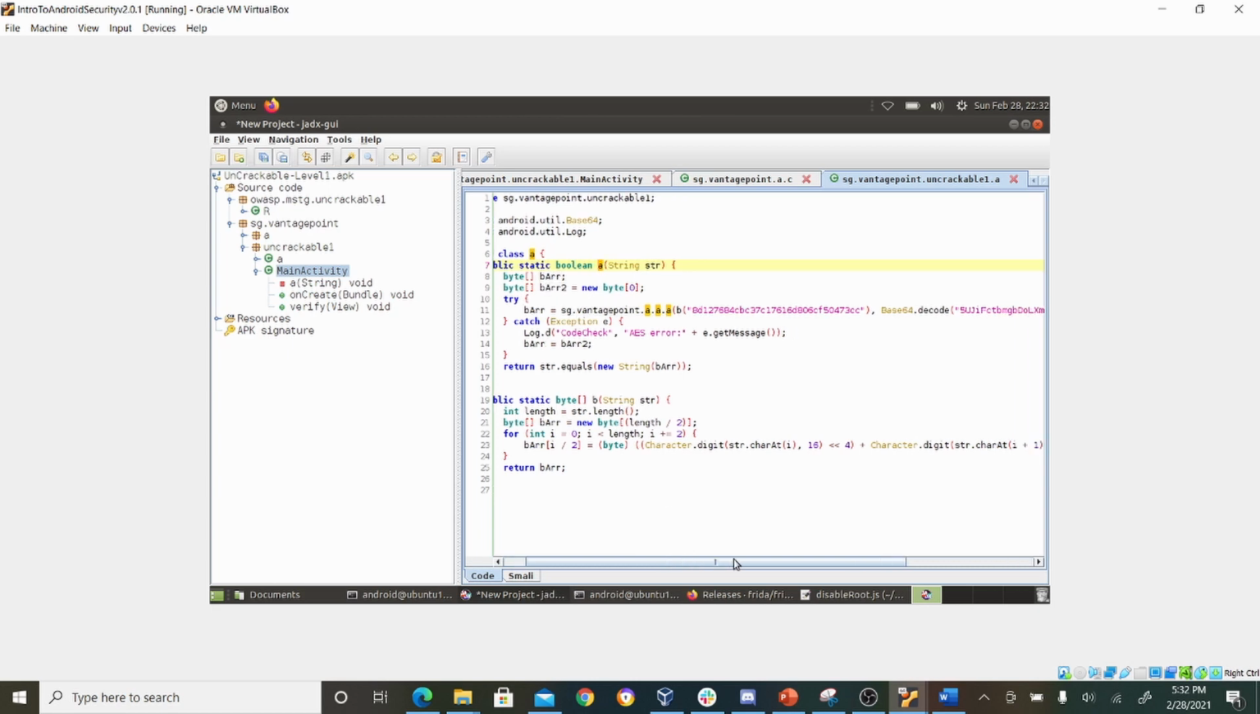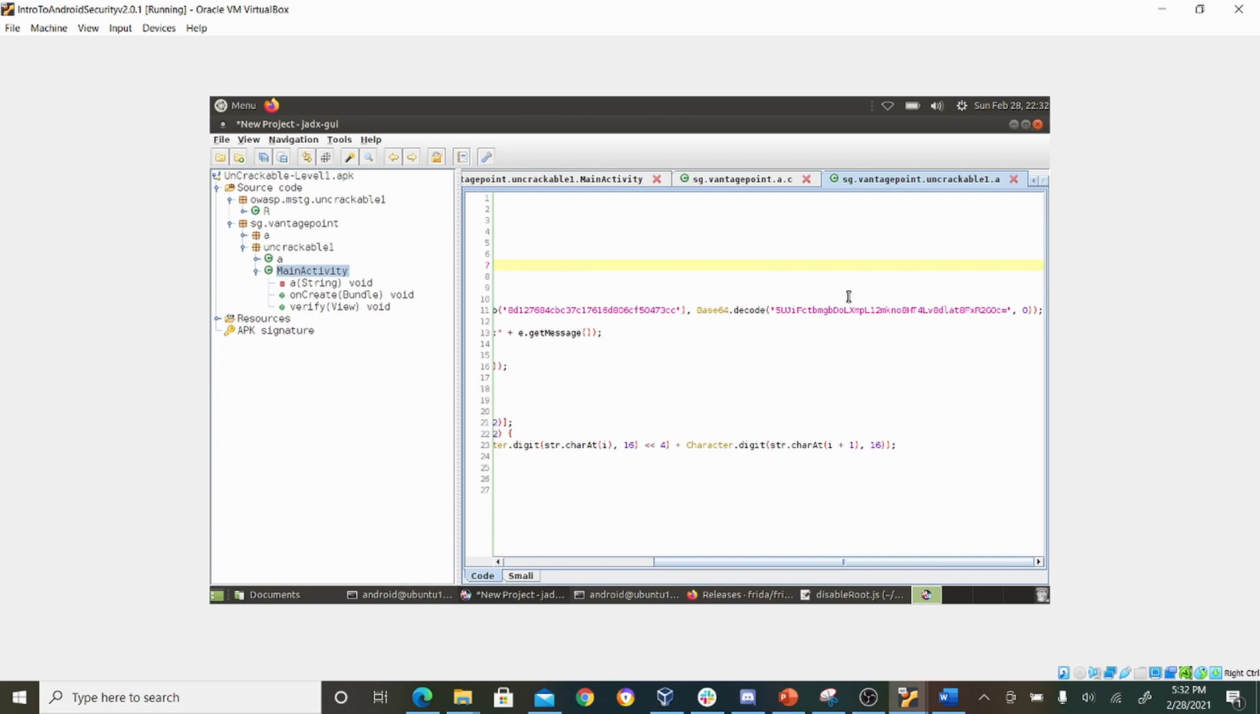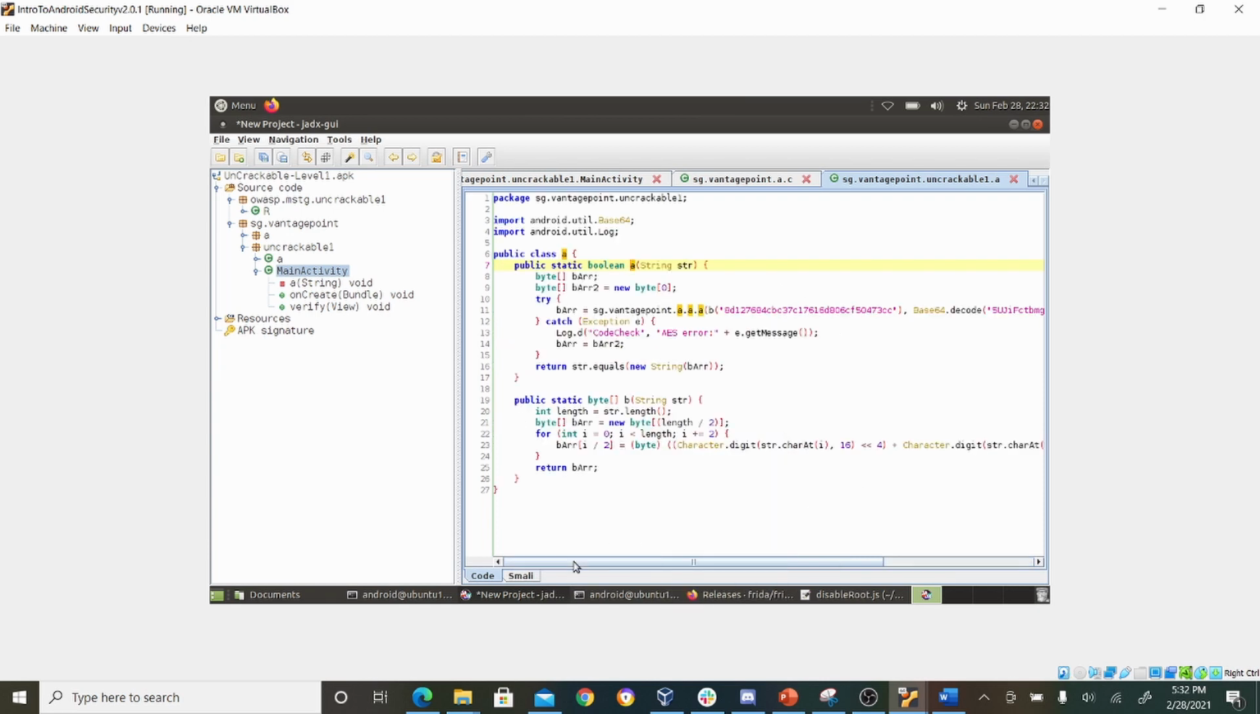And looking at B array, we see that we have this method B, and we're doing some decoding of a value. And method B is here, and we see we're taking in a string. We're getting the length. We're doing a whole bunch of stuff. But we notice we have this A.A.A. And if we click